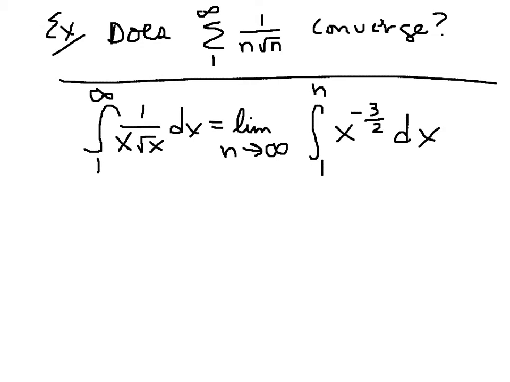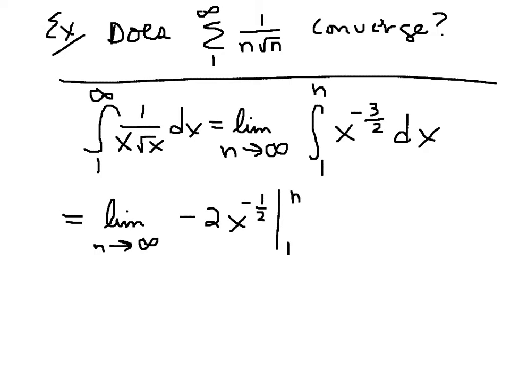And so this is equal to the limit as n approaches infinity of -2 times x to the -1/2 from 1 to n. Right? Because when we take the derivative of this, we get that. So we'll just flip things around a little bit. We'll deal with this minus sign, and then we'll switch these two things. And so this is equal to